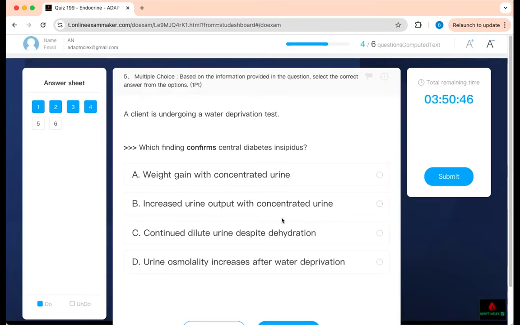Same thing. A client is undergoing a water deprivation test. You may never have heard about it before, but think about it. Water deprivation means I'm depriving you of water. I'm not letting you drink. Which finding confirms central diabetes insipidus? This is a hard question, but don't worry. If you look at it carefully, you can answer it. It means if I make you stop drinking, it means